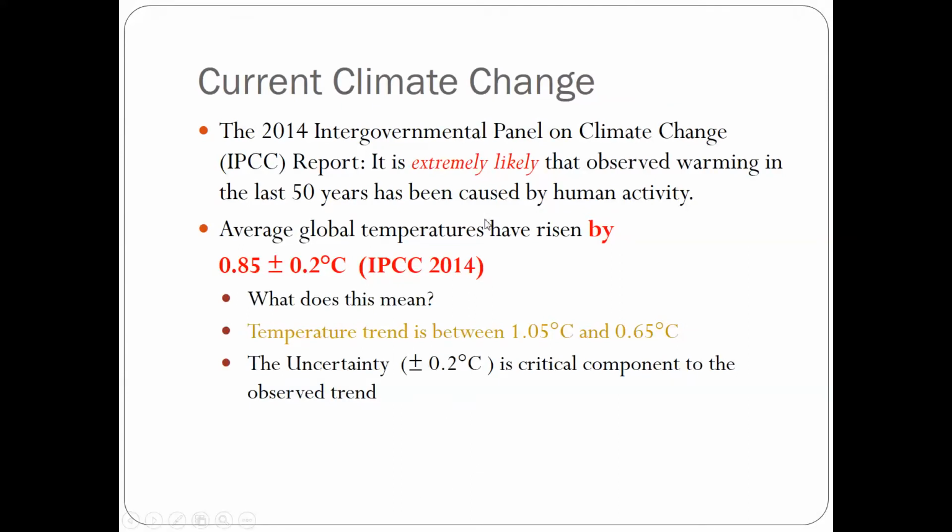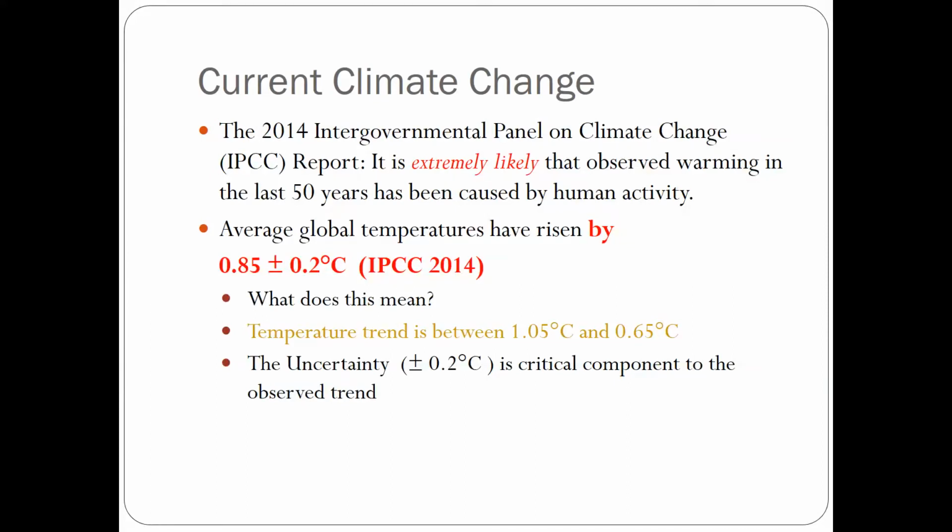it is extremely likely that observed warming has been caused by human activity. This is from the latest IPCC report. The IPCC stands for the Intergovernmental Panel on Climate Change. This actually represents the world's most talented climate scientists from all across the world, developed countries and less developed countries, doing cutting-edge research all around the world and taking all of their conclusions, working out the differences, and figuring out what's happening. And after doing all of that, this panel released a report stating that it is extremely likely, with 97% certainty, that humans have had